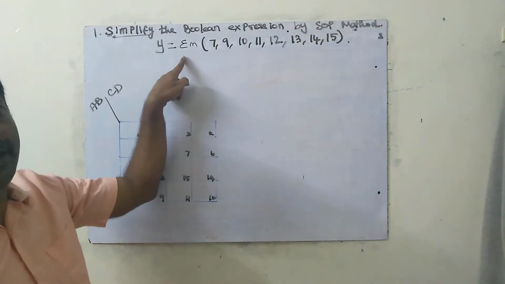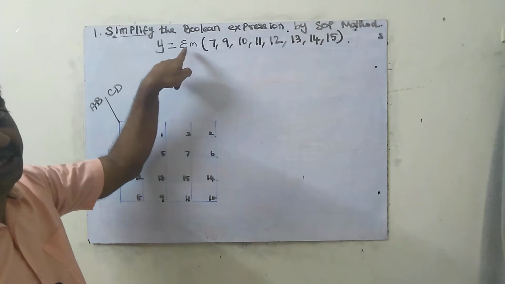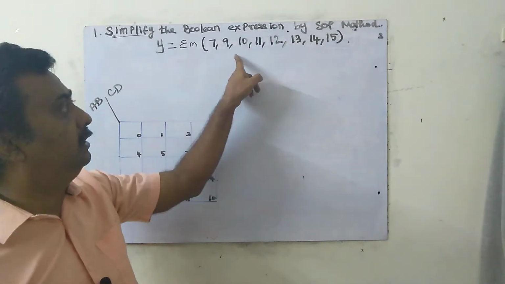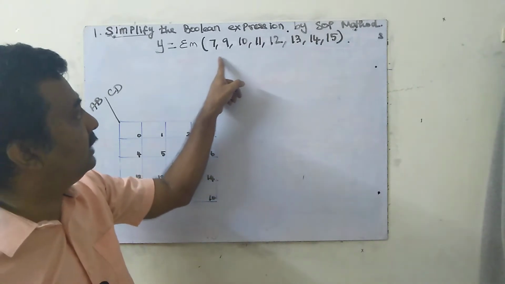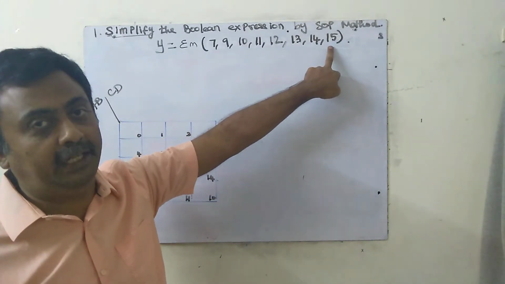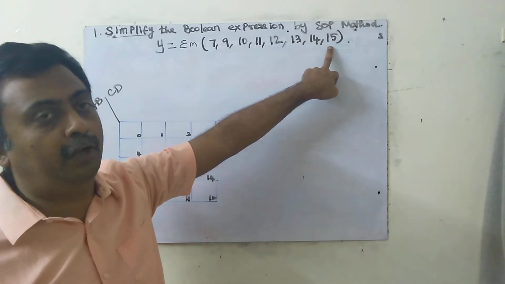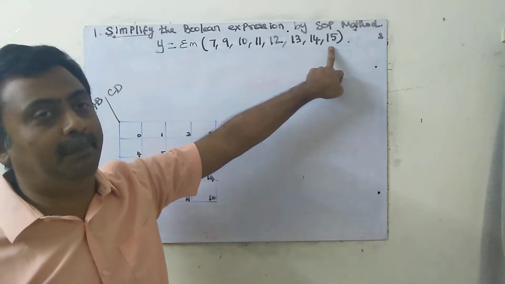Okay, what is the first thing? Given is min term or max term? Given is min term. What is meant by min term? In this location I need 1. What is the maximum value? The maximum value is 15. 15 means how many variables? It is a 4-variable problem. What are the variables? Normally we will take A, B, C, D.